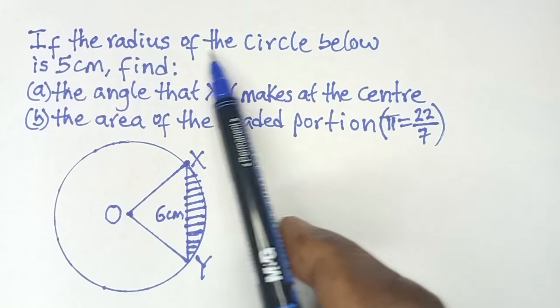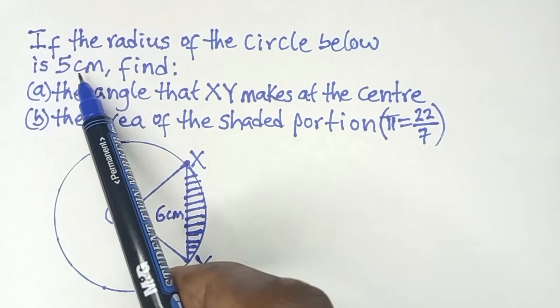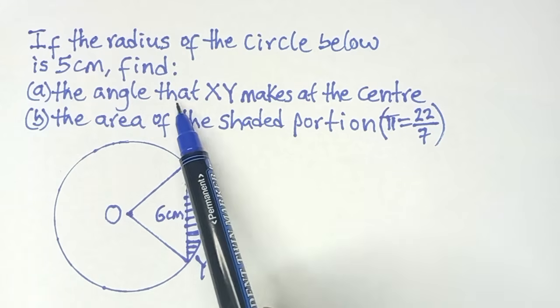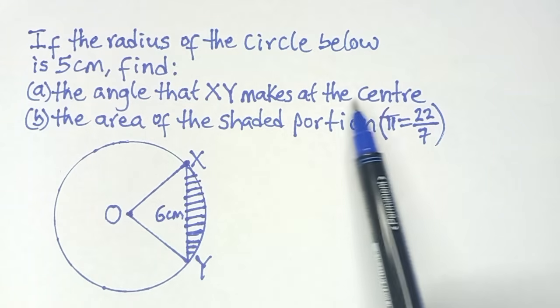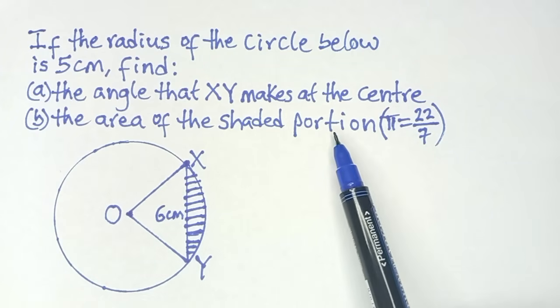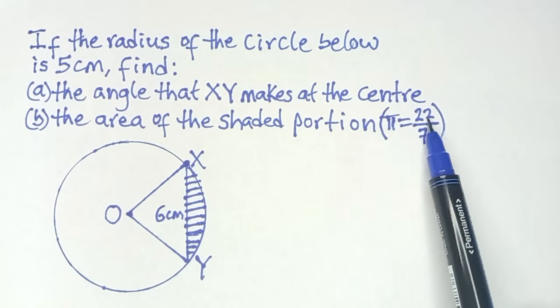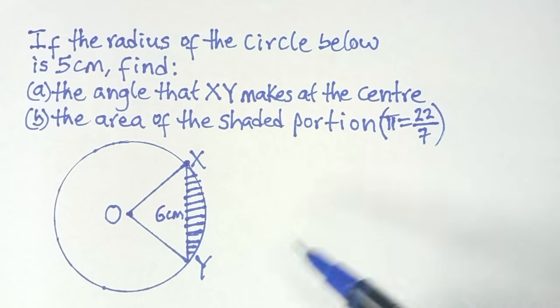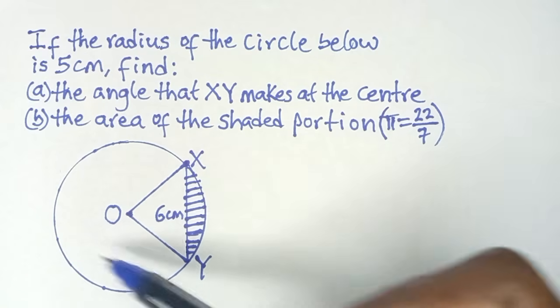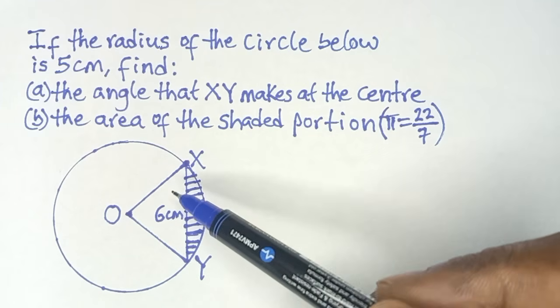If the radius of the circle below is 5 centimeters, find A, the angle that XY makes at the center, and B, the area of the shaded portion. And we're given pi as 22/7. Now, the first thing I would like us to do here is to apply some circle geometry theorems,